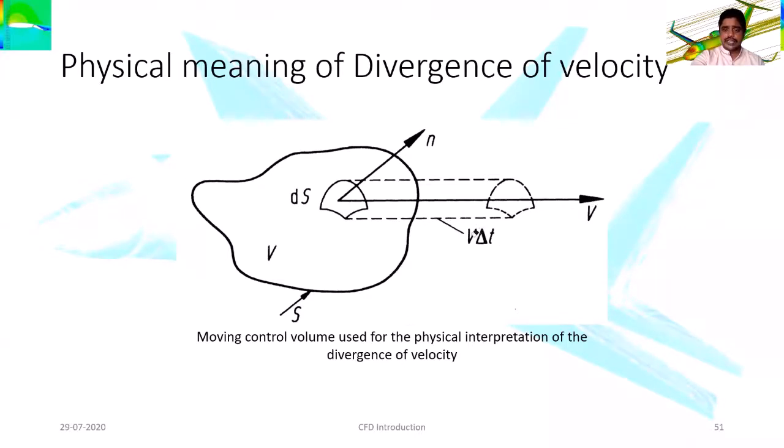When we multiply the velocity with the time, we actually get the distance along that direction. Here V represents the volume of this fluid element when I drag that small elemental surface. Now the question comes: what is the distance between these two points? To represent that distance, I have taken my velocity in the direction of V and multiplied it with a delta t.